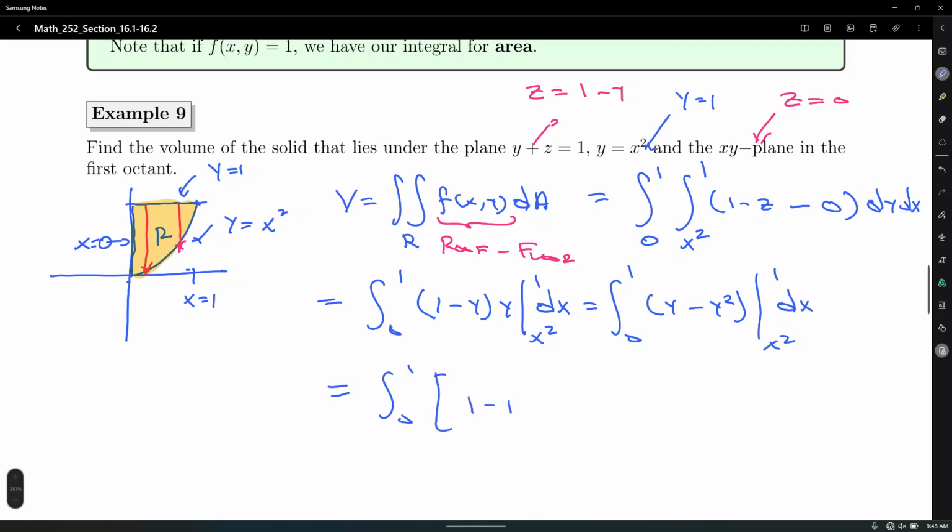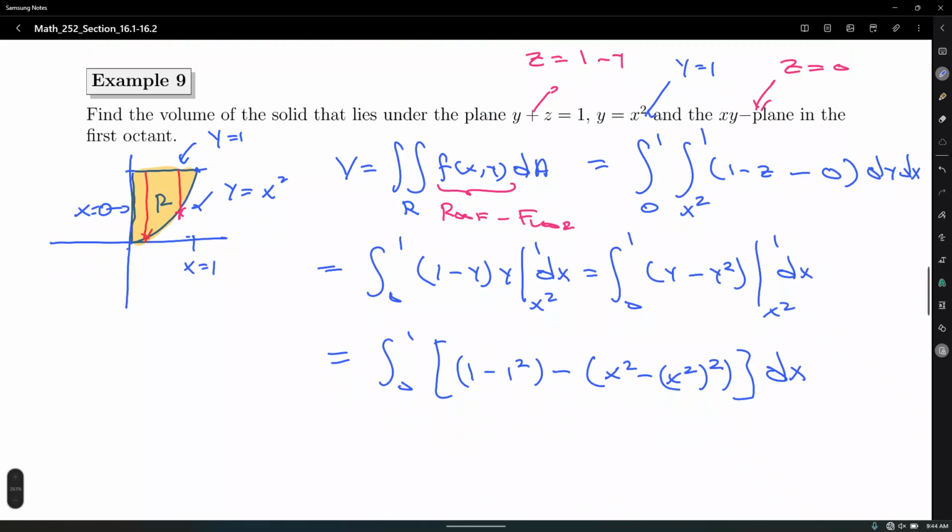1 minus 1 squared, that's upper limit, minus lower limit, x squared minus x squared squared dx. Let's simplify all this madness here. So 1 minus 1 squared, which is essentially 1 minus 1. Yes. So did you take z with respect to y? Oh, this was supposed to be 1 minus y, not 1 minus z. Thank you. Which became this 1 minus y, right? So 1 minus 1 squared, which is 1 minus 1, that's a 0. So we are left with